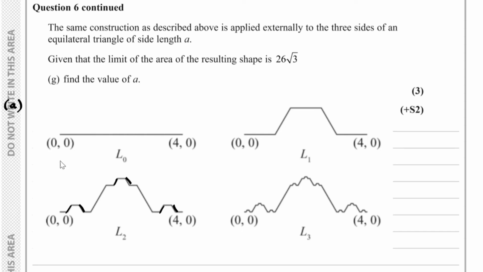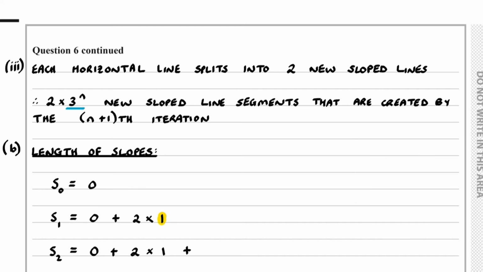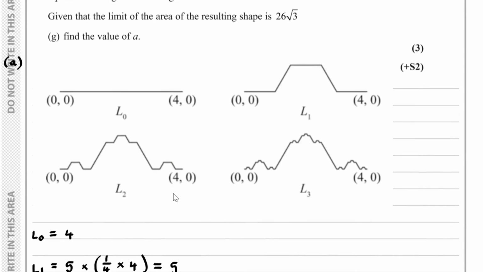And we've got 3 because we've got 1, 2, 3 of them, times by 2 because each has 2. So we have 3 times by 2, and then the length of each of these bits,